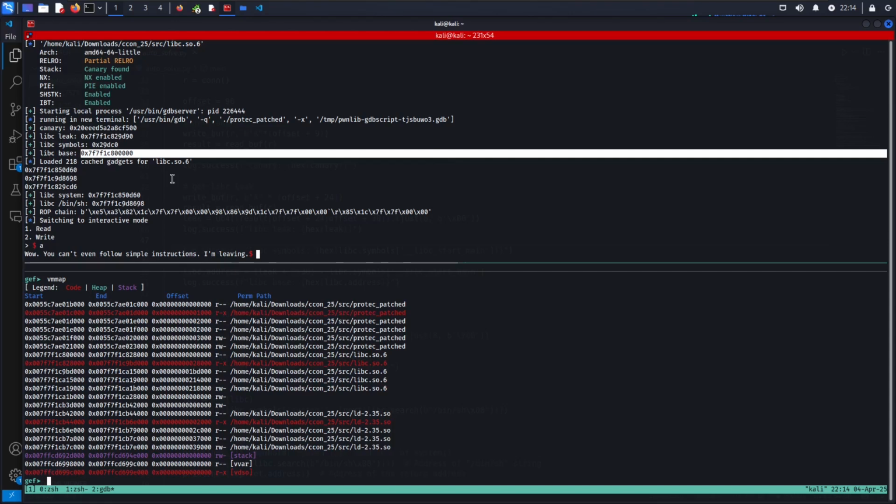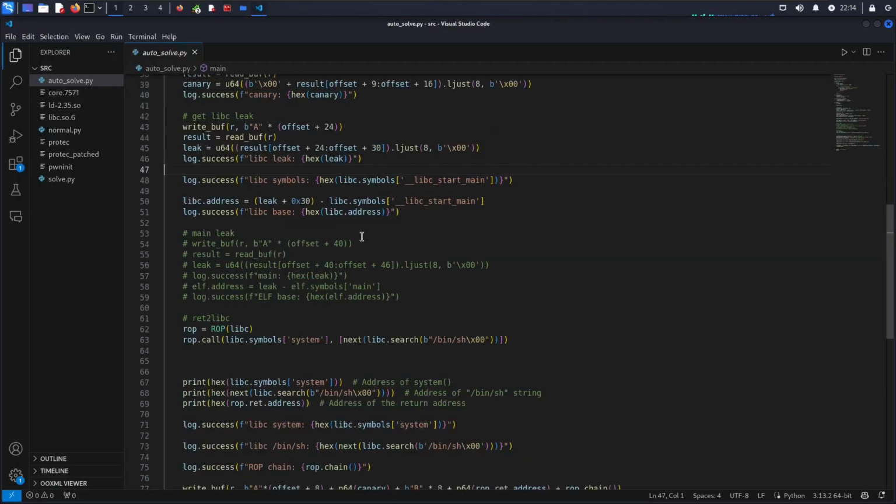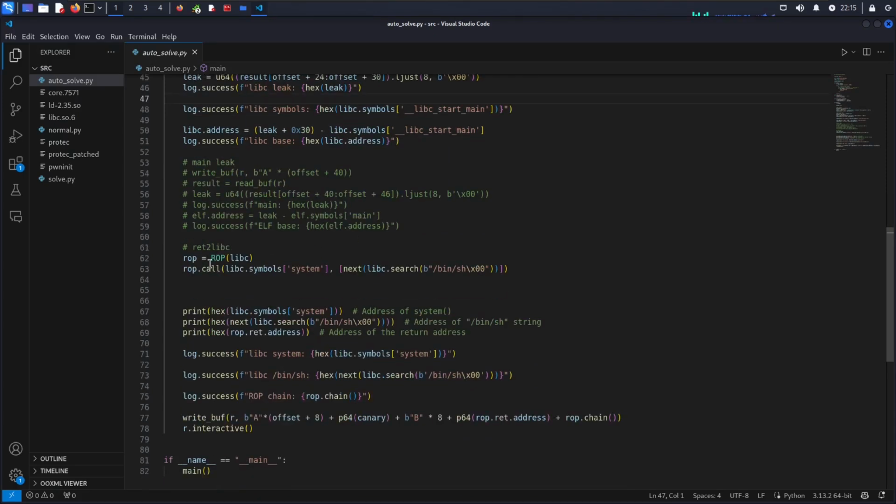So what kind of gadgets do we need? We can have a look, and we can actually just have pwntools build it out for us. So we say, hey, we're going to make a ROP chain. We're going to call libc system, find out where system is, and pass it /bin/bash, and it'll execute that. It's important to note here that before we make system calls, we have to make sure that